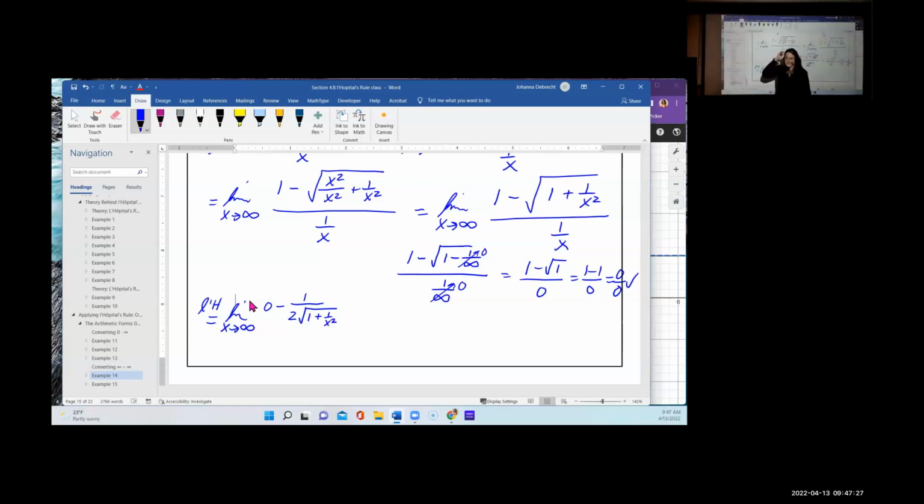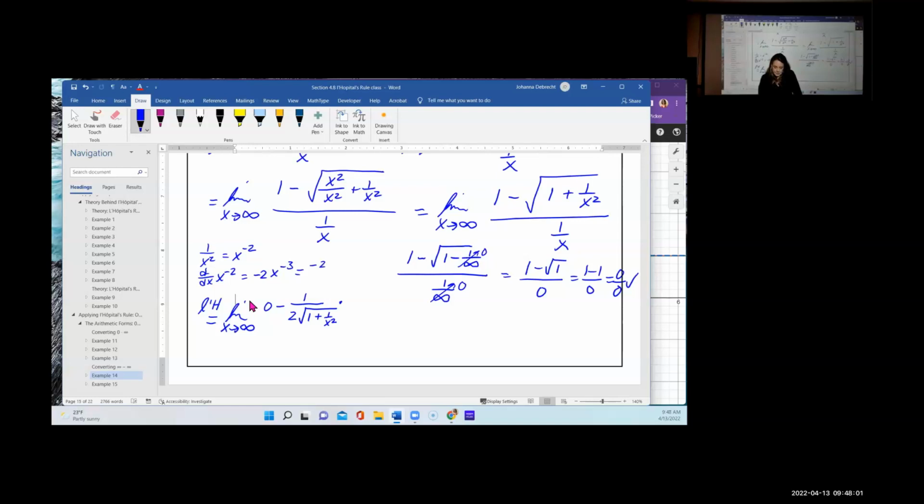All right, 1 over 2 the square root. And then we have to apply chain rule. Chain rule is the derivative of what was under the radical. So times, under the radical, I had 1, whose derivative is 0, plus 1 over x squared. I can think of 1 over x squared as x to the negative 2. So the derivative of x to the negative 2 is negative 2x to the negative 3, or negative 2 over